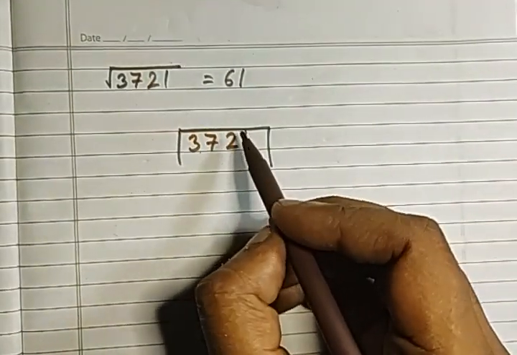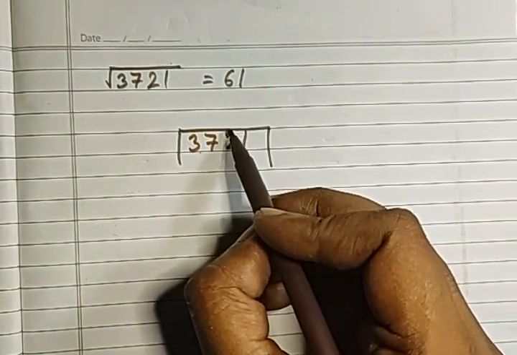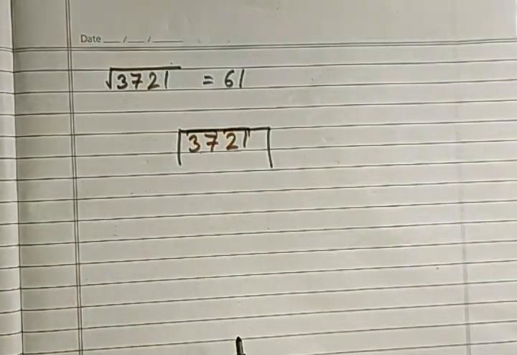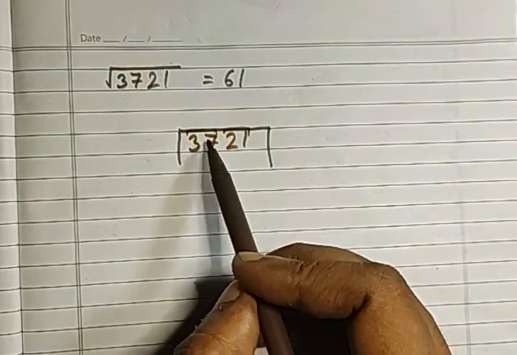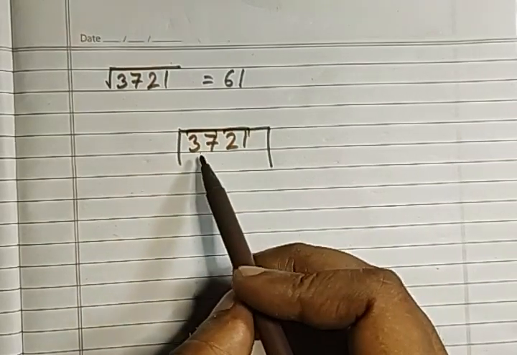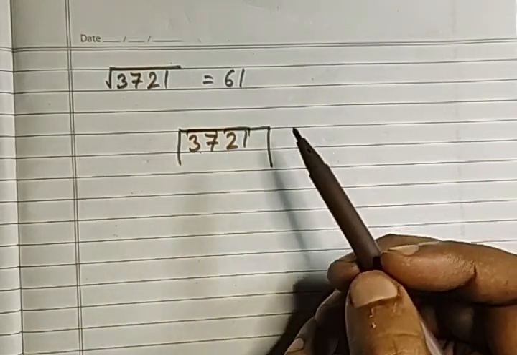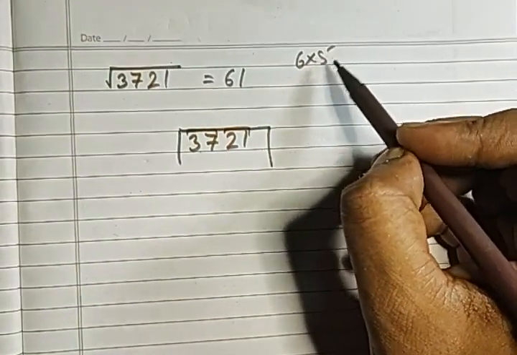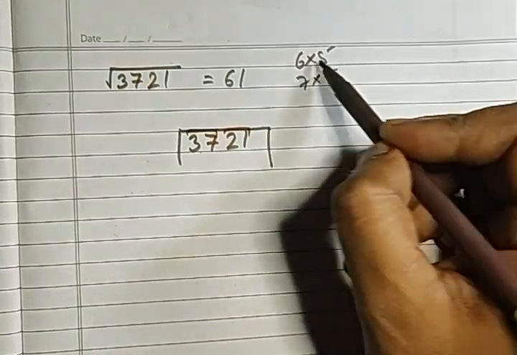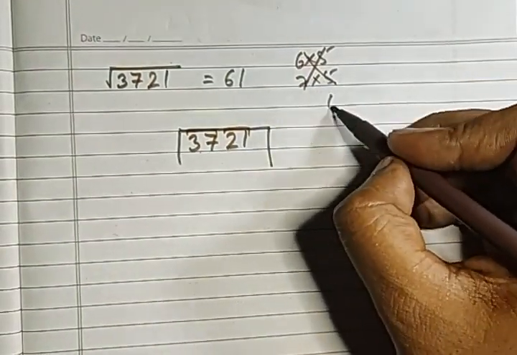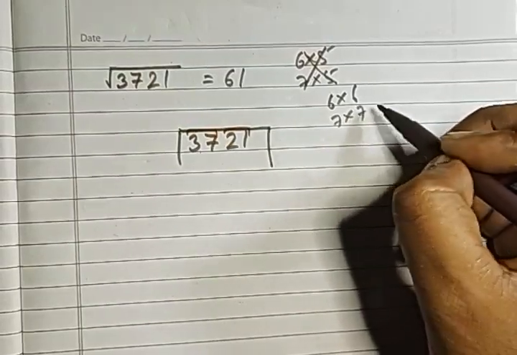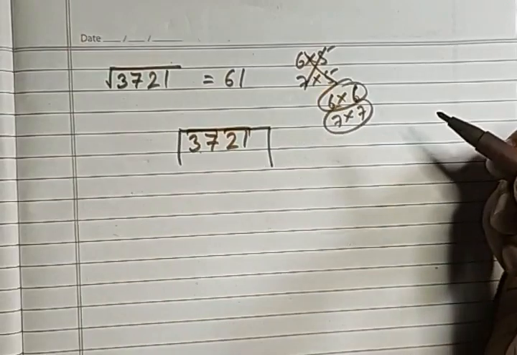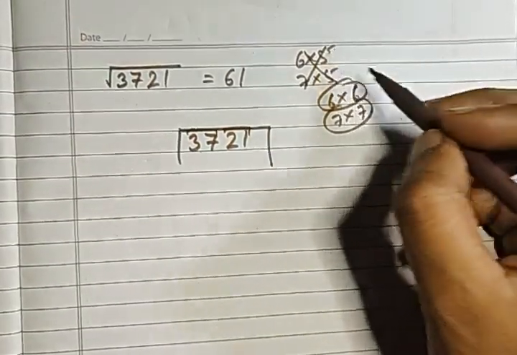Then we will make groups like this. This is one group and this is one group. Two digits we have to keep in one group. Okay. Then start solving with this one. So simple division. Now you have to take such numbers whose squares you can take. Like you cannot take 6 5s, like you cannot take 7 5s 35. These kind of things you cannot take. You have to take 6 6s or 7 7s, the squared numbers. You cannot take numbers like this.